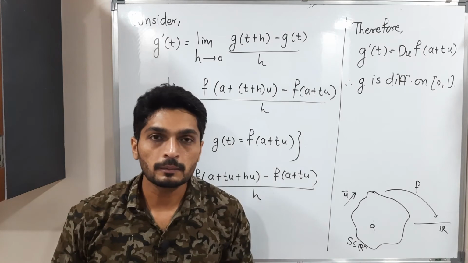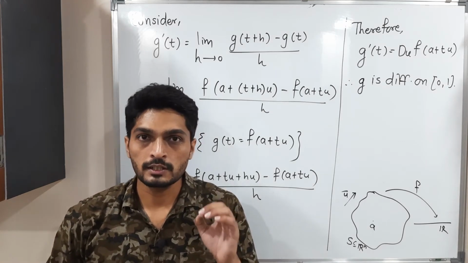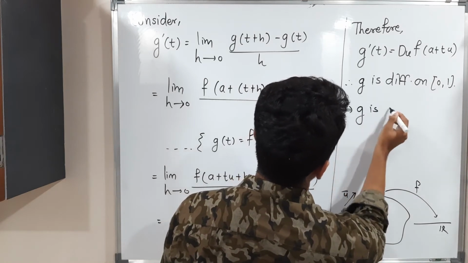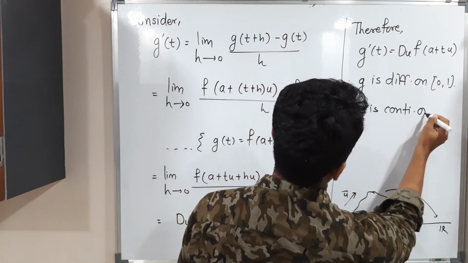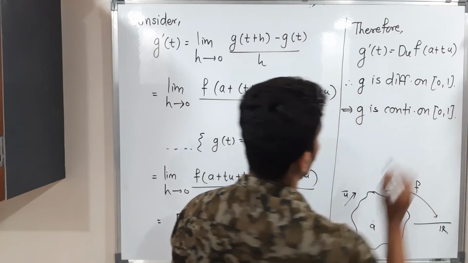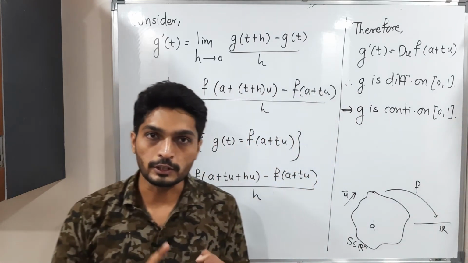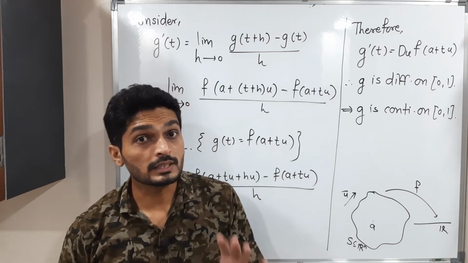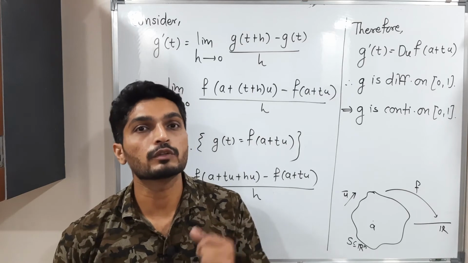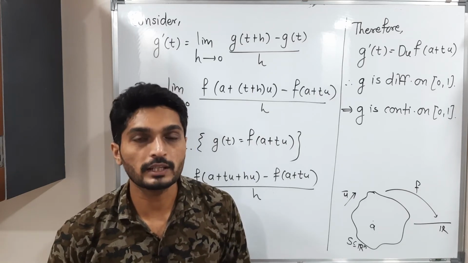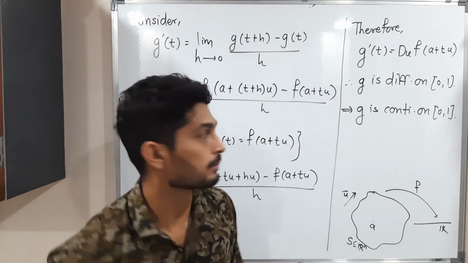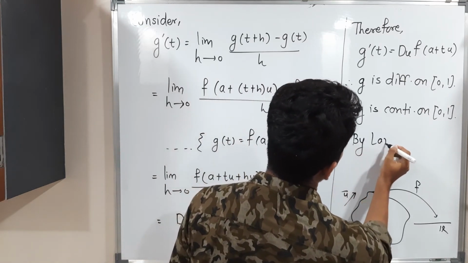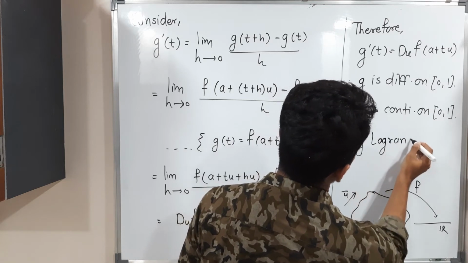Do you know one result? Every differentiable function is continuous. So therefore g is continuous on the closed interval 0, 1. So what we have got? g is continuous as well as g is differentiable. Do you remember anything? These are the basic conditions of the mean value theorem which we have studied in 12th standard. We call it Lagrange's mean value theorem. So therefore, by Lagrange's mean value theorem,